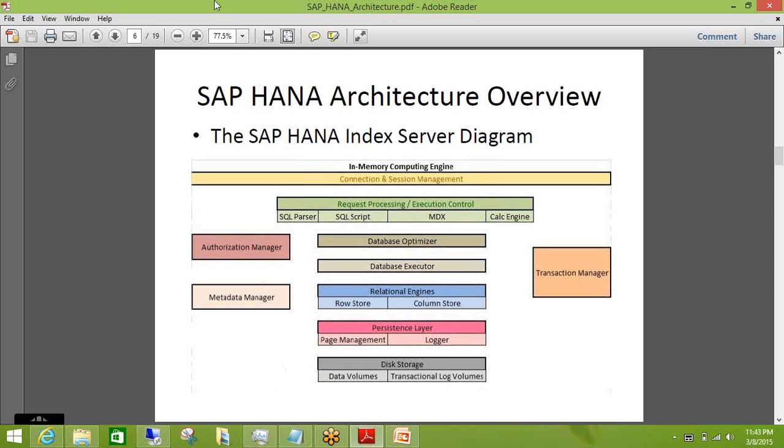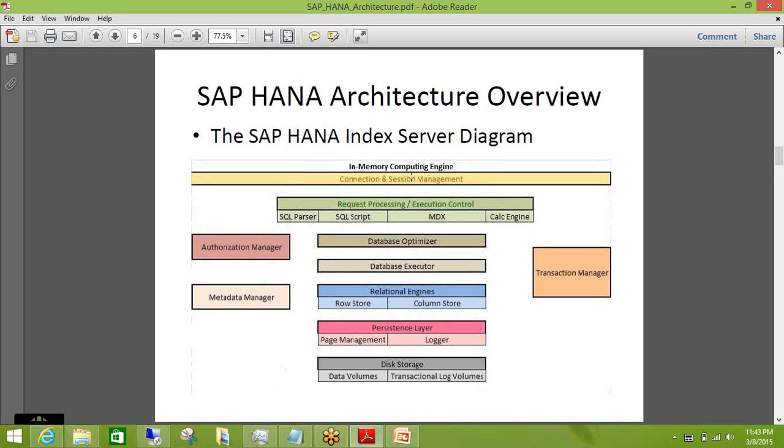Okay, so when we are talking about the HANA index server, and as I mentioned yesterday, the HANA engine is also known as the IMCE engine, meaning in-memory computing engine. So if you are saying HANA Studio, I can also term it as IMCE Studio.